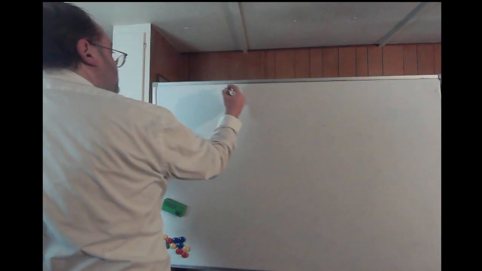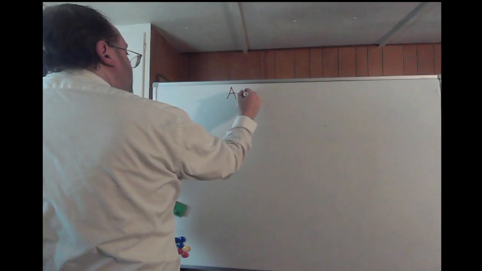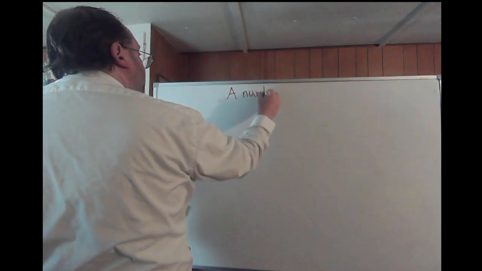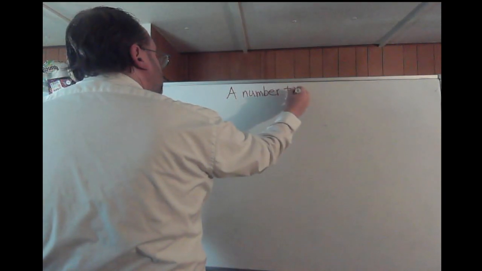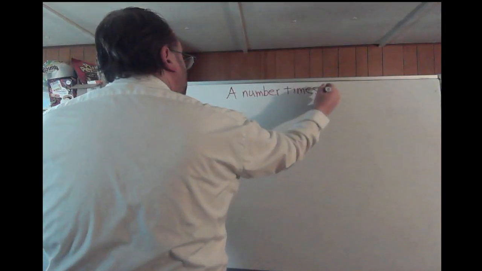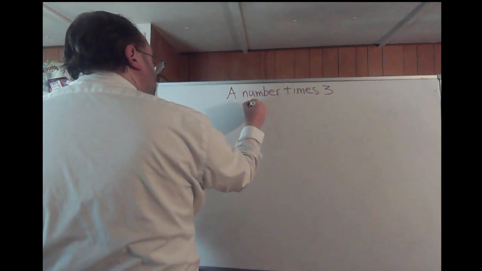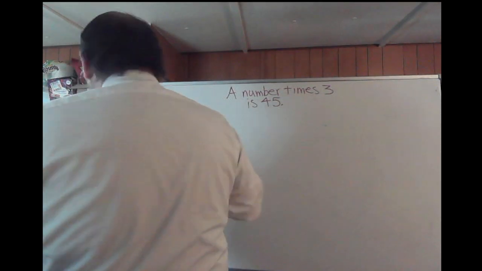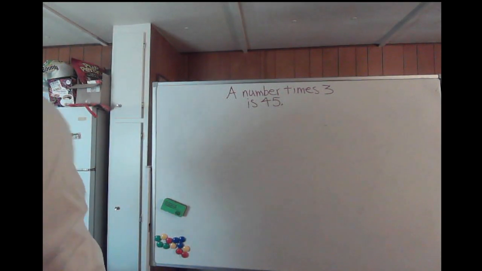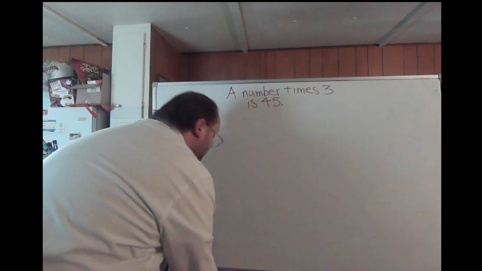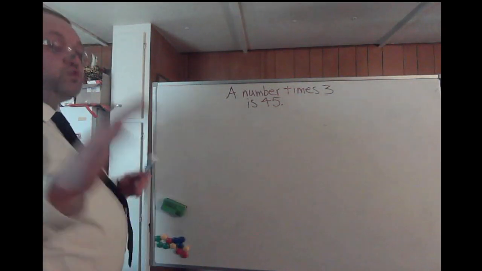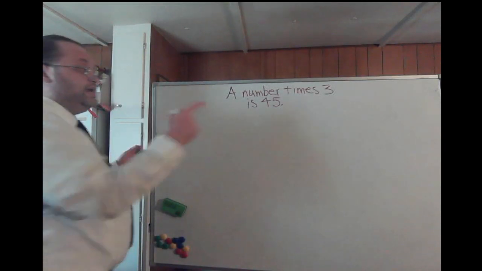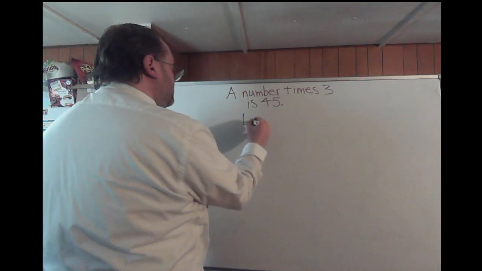Alright, what do we got here? What are they throwing at us? Oh, this should be real easy. A number times 3 is 45. Alright, it don't get much easier than this, truthfully. Because you have a number times 3 is 45. Of course, first define your variable. A number, we don't know that number yet, so